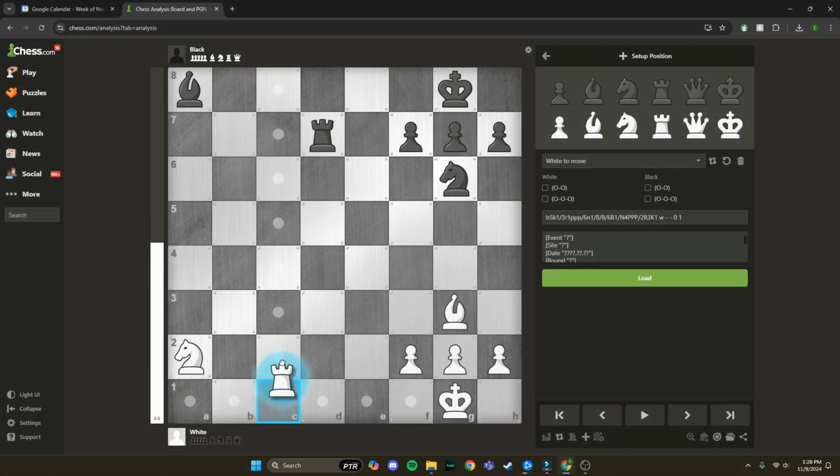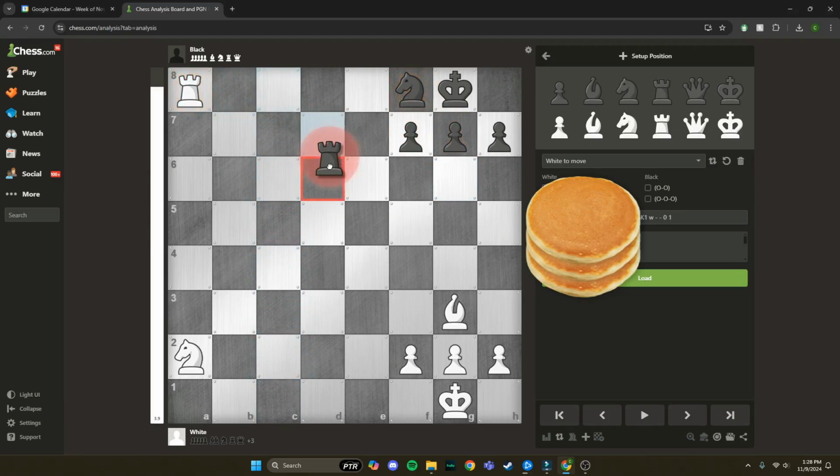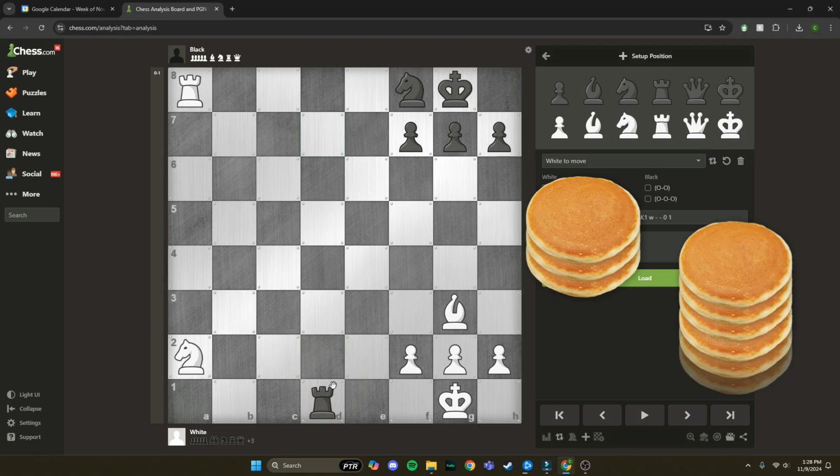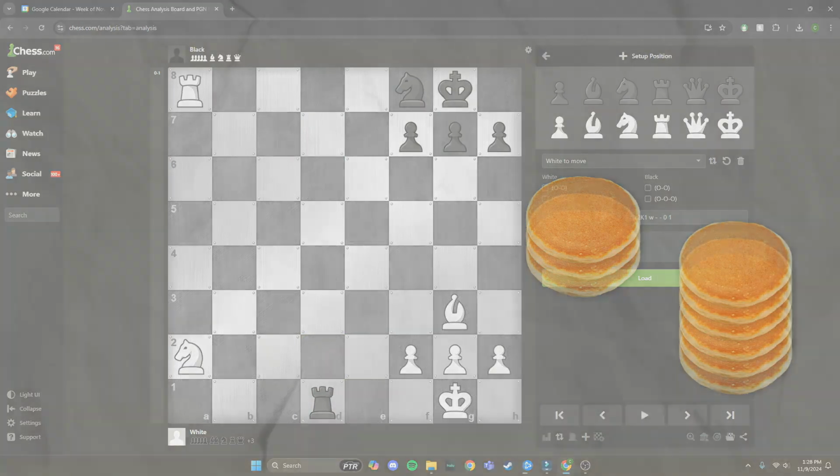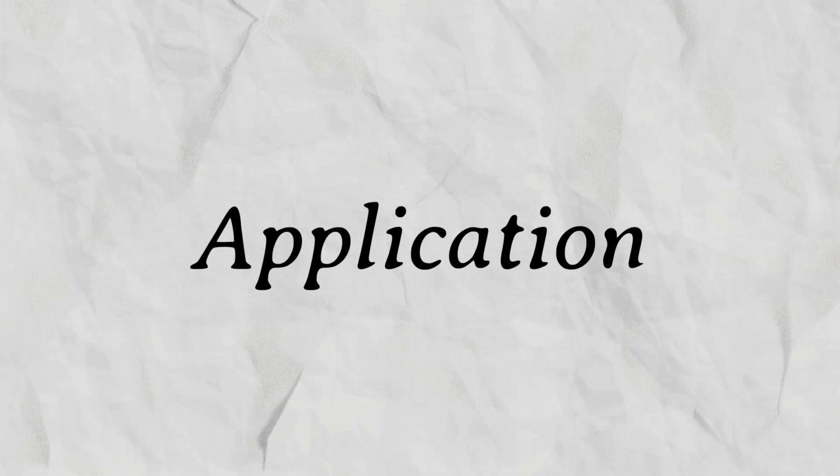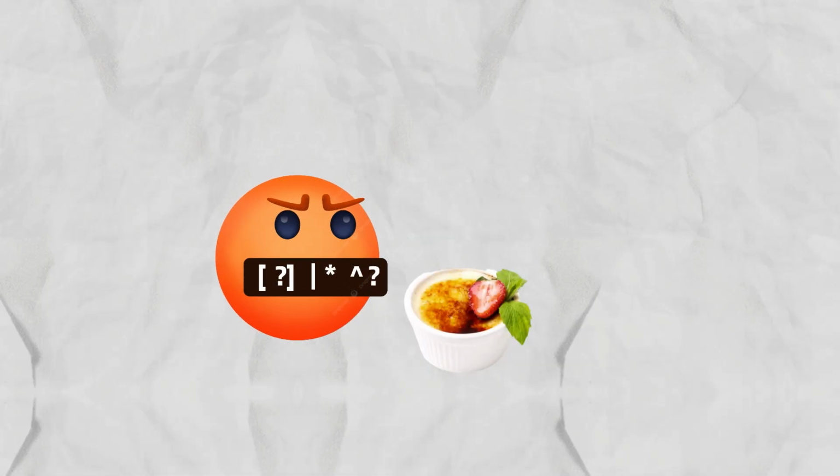And this is the same idea in chess. When you try to use a piece in an attacking wave, but your king doesn't have anything protecting him, although the attacking wave may be a middle pancake, the king's safety is definitely the most important. So let's again apply this to our own lives. Let's say a friend said a rude comment about how they wouldn't eat your creme brulee if it were the last custard-based dessert on earth.